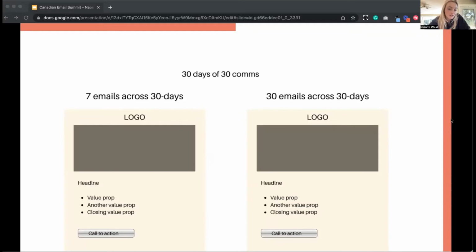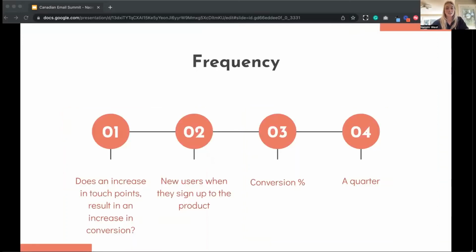And if you are listening to this and you're like, that is way too many emails, I thought so as well, but that's the way that marketing goes. What I wanted to know, as I mentioned, is does an increase in touch points result in an increase in conversion? For session activity, we were looking at how many people went and used the core features after receiving variant B compared to variant A. It's going to be people who signed up to the product right away. The only thing I'm curious about here is conversion rate.